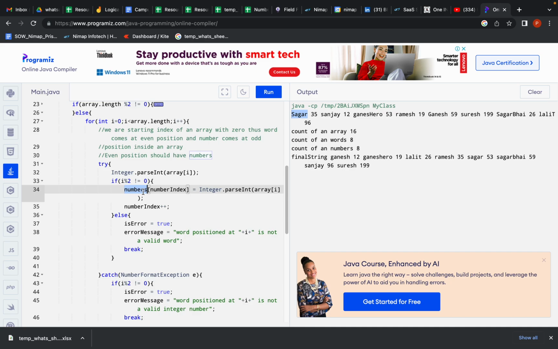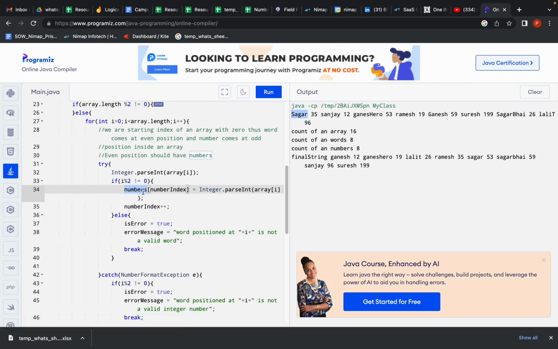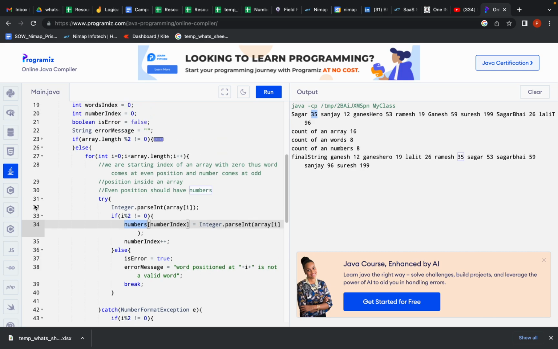So this for loop will create two sub arrays, one with array of words and one with array of numbers, provided validation whether the number and word are at a right position. As per the question, Sagar, Sanjay should come in odd position, but we have started index of array with 0, so they come in even position, and numbers were supposed to come on even position in the input string, but programmatically they'll come in an odd position. So after this particular try catch,